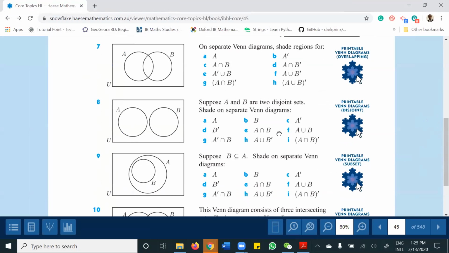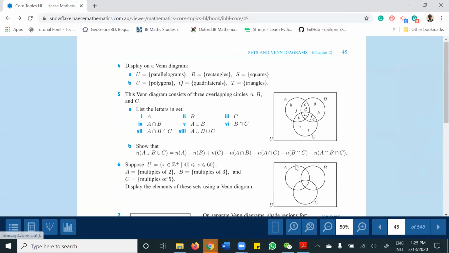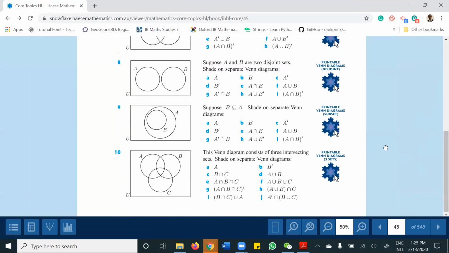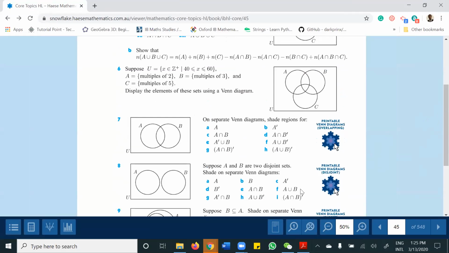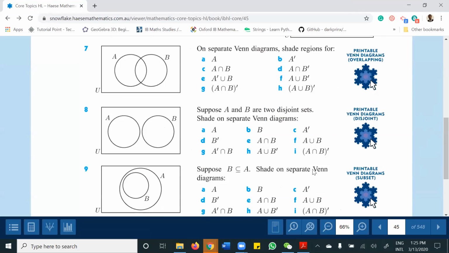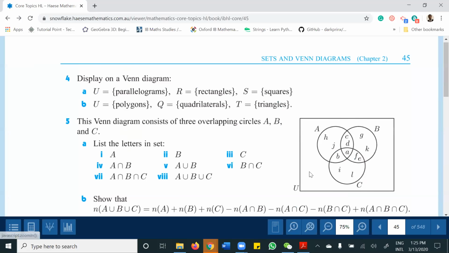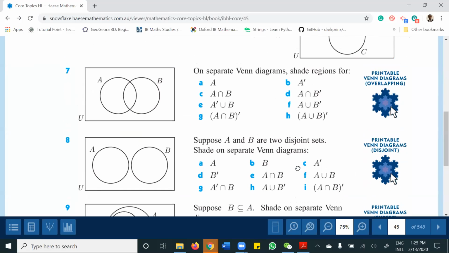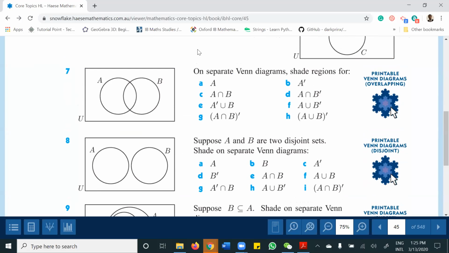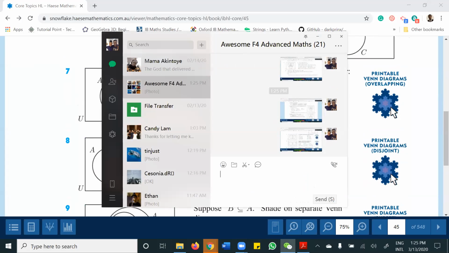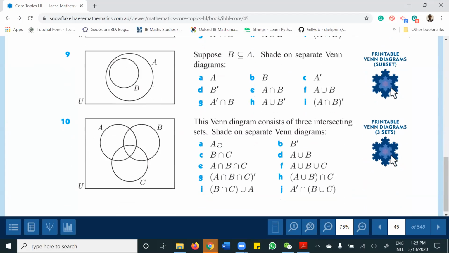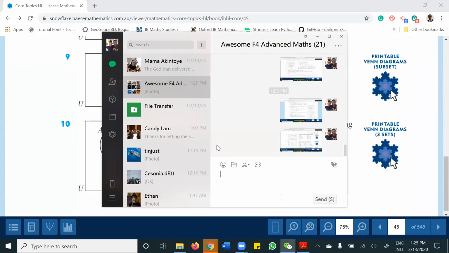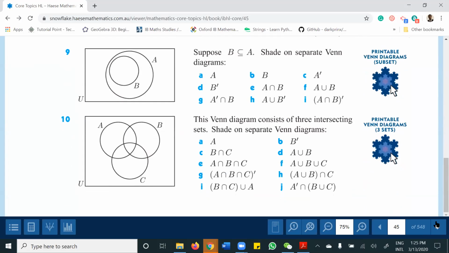Then we can group all this together. Is it too small? Okay, maybe we do 2. Let's do 2 questions, 7 and 8, then 9 and 10. Confirm if you get this, please.